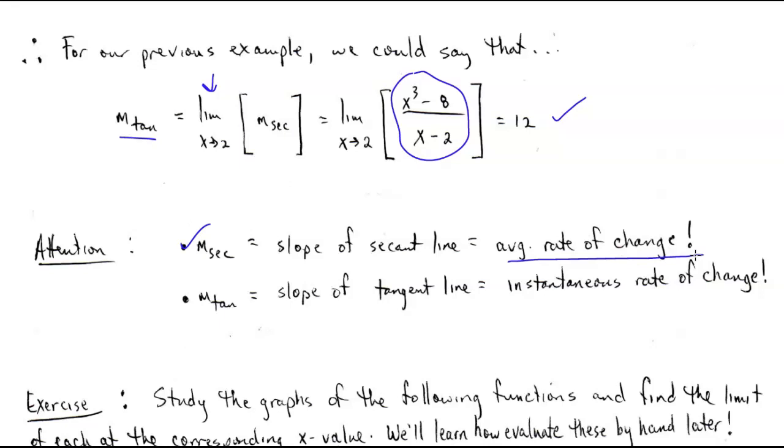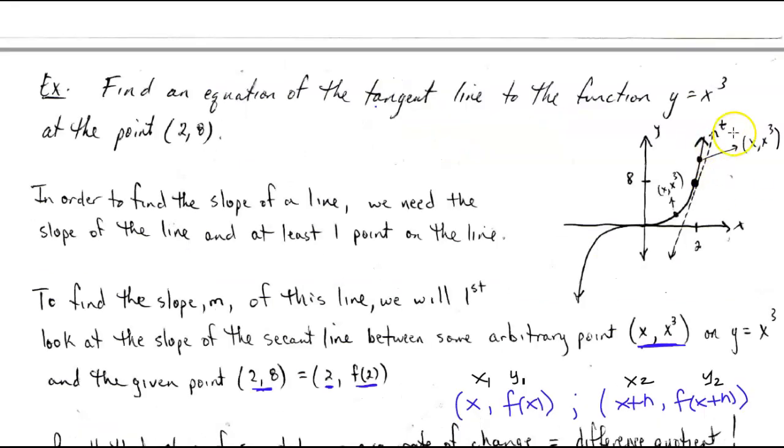And to make it even more simple, whenever we talk about the slope of a line in general, if that line is going through some other curve or other function, then technically it's called a secant line, okay? Now, whenever we talk about the slope of a tangent line, it's no longer average rate of change. It's actually called instantaneous rate of change, okay? And I'm going to go back to our graph of the last example to explain why we call it instantaneous rate of change. Now, if we look at this tangent line here,